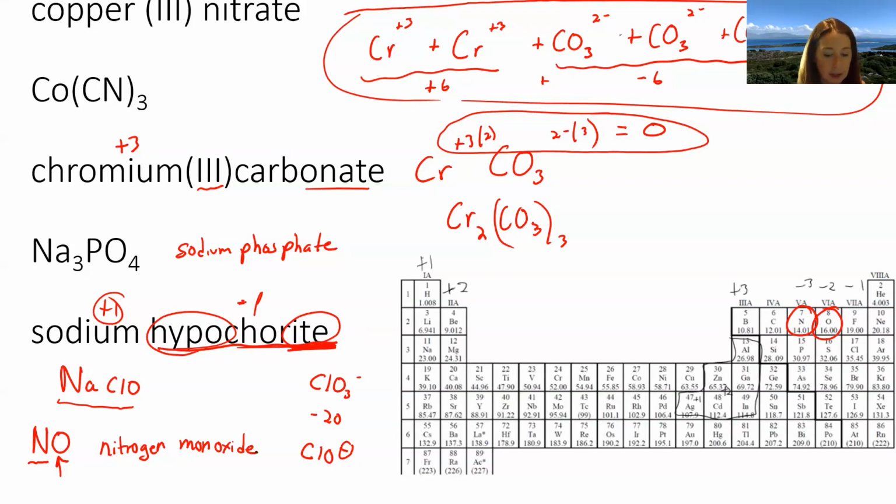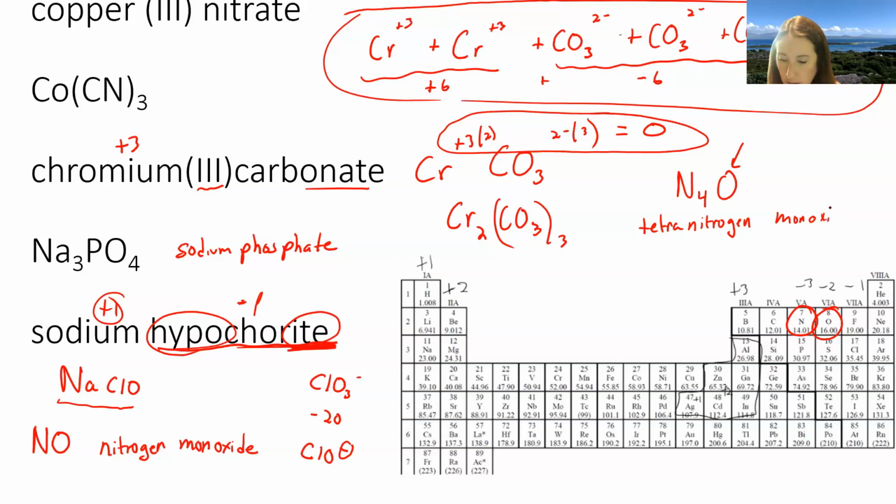Okay, now to expand on the question someone just had, I'm going to do it over here. What if we had N4O? It doesn't exist, but let's pretend it does. This is a tetra. So it would just be tetra nitrogen. And again, there's only one O, oxide. Again, it's because there's two nonmetals, and that's when we use our dis and tris. Yay, we get to use dis and tris. Okay,